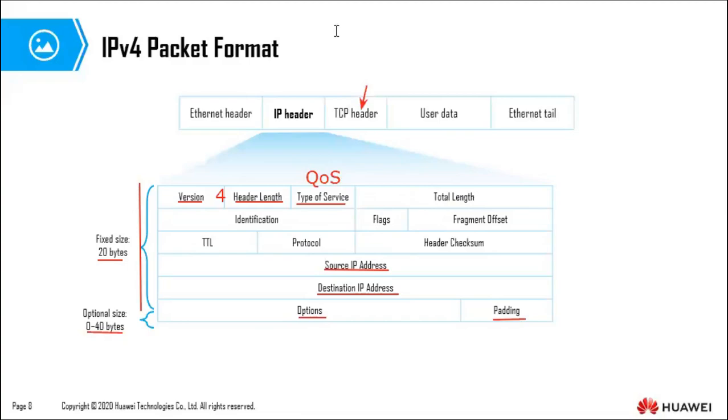Then we have the total length. The total length is used to indicate the length of an IP data packet. Then we have these three: identification, flags, and fragment offsets. These three are used for fragmentation